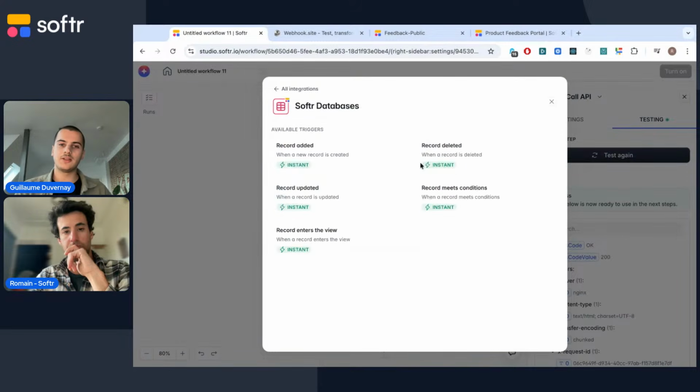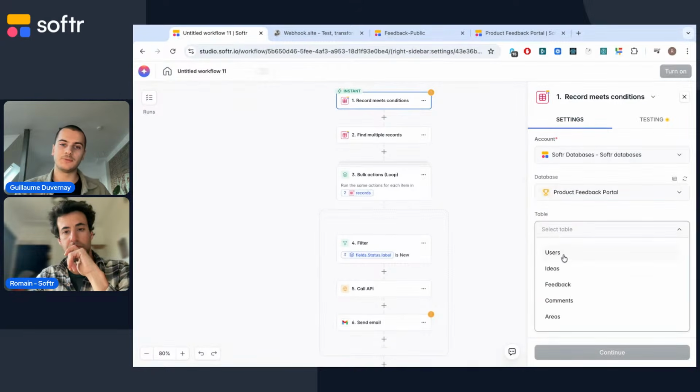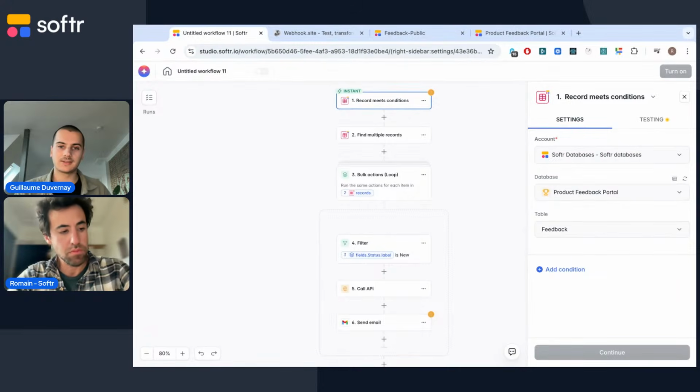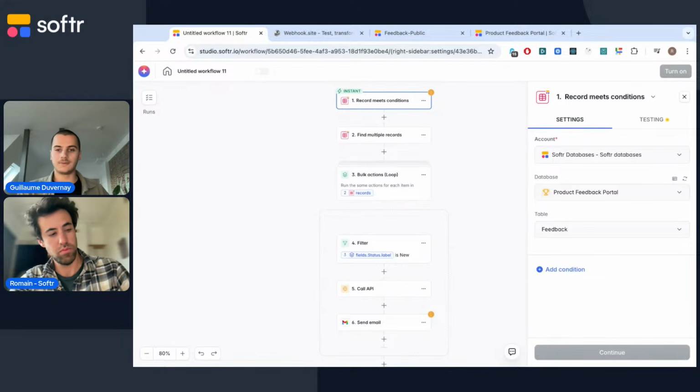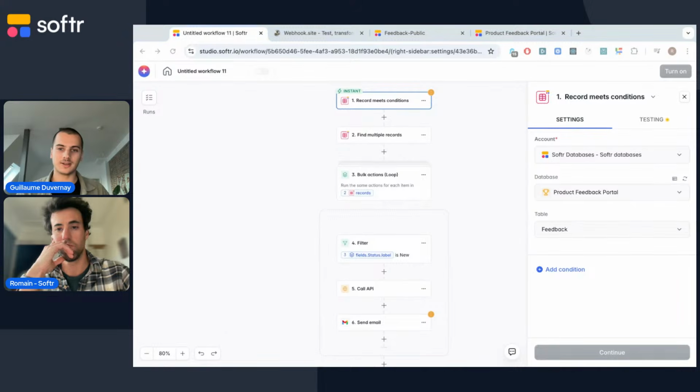When the project is done, then we will search, so find multiple records, all the tasks that are related to this project. So you will have a list of these 5 tasks, and then you will run a loop on each of these 5 tasks and edit that record to say the status is done. So from there, you make sure that, for whatever project gets done, all the related tasks are done, because we all know how the data is once you close the project, but you didn't look at each individual task, etc.